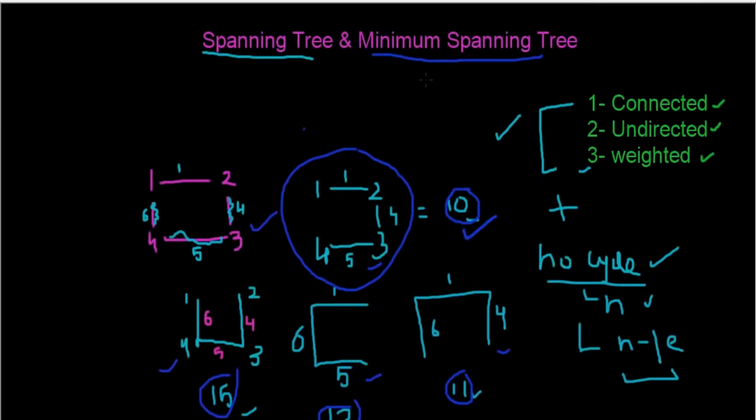So why we are learning this minimum spanning tree? Basically we need to develop an algorithm to find minimum spanning tree, and the two algorithms which we will learn further in another video, basically in the next video, will be Prim's and Kruskal's algorithm, right? So these are very famous algorithms for finding minimum spanning tree, as they are greedy algorithms, right? So in the next video I will teach how to find a minimum spanning tree using Kruskal's algorithm, right?